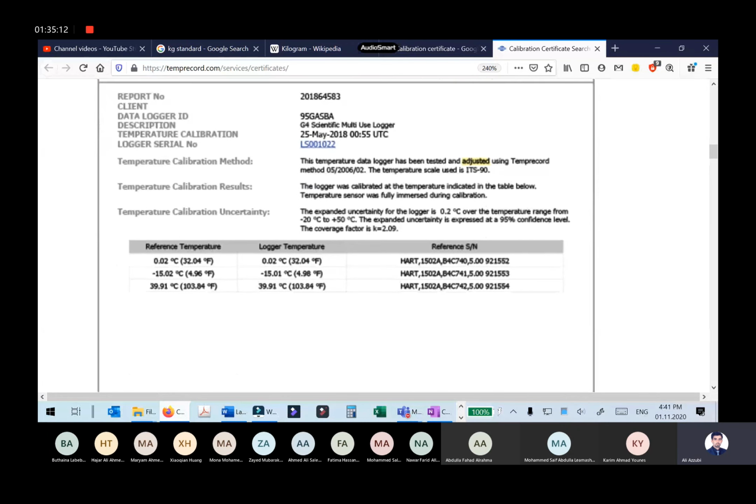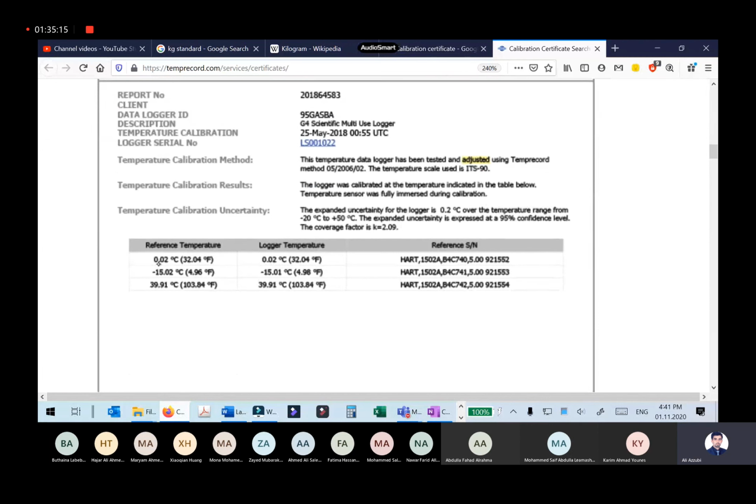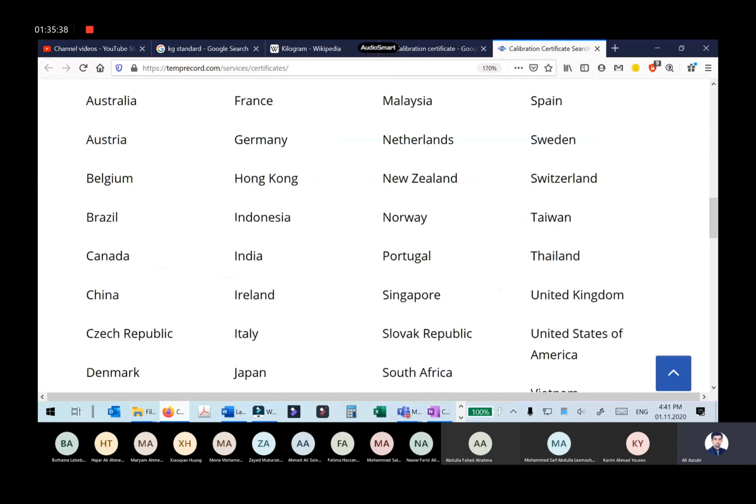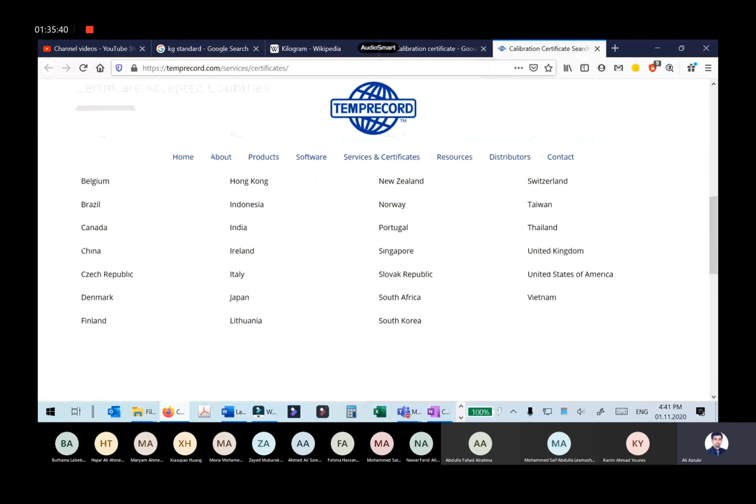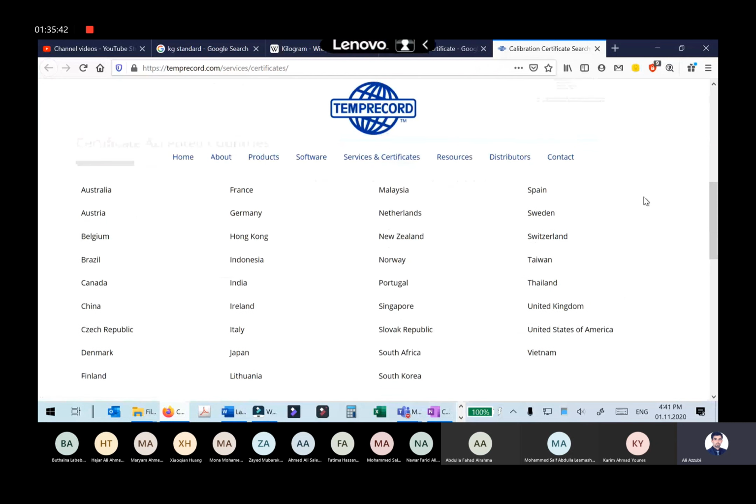Okay, so the same technique applies. Your reference temperature here is 0.02, and you obtain the same 0.02, but at minus 15.02 you obtained like 0.01 of error. Okay, so you see here all of your output values, whether from a sensor or from a logger, have been measured or calibrated against a reference value. Okay, now whenever you see this certificate with your device, you are more confident about your readings or about